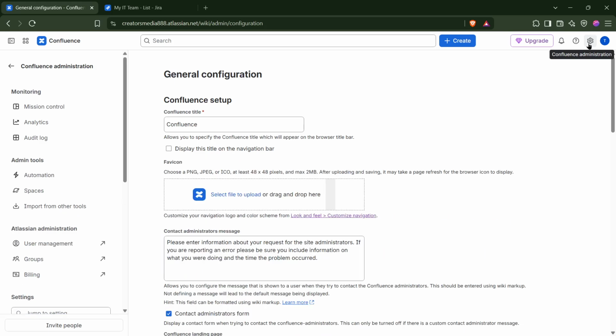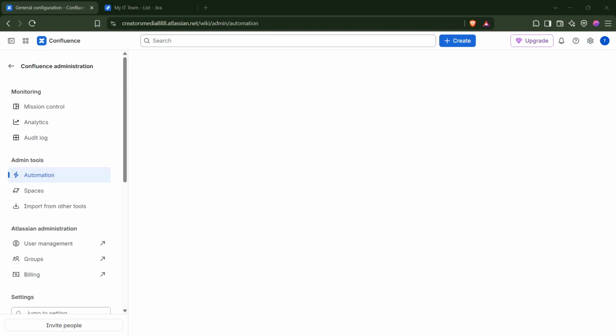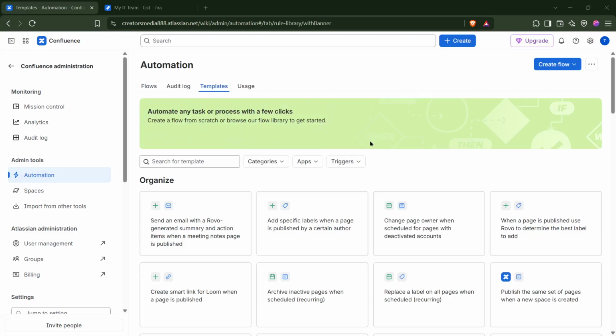Now click Automation in the left sidebar to open the Automation section where you can manage all your rules. The Automation page appears showing you a list of any existing automation rules you've already created along with controls to create new ones. Once the Automation page loads, click the Templates tab at the top to see all the available